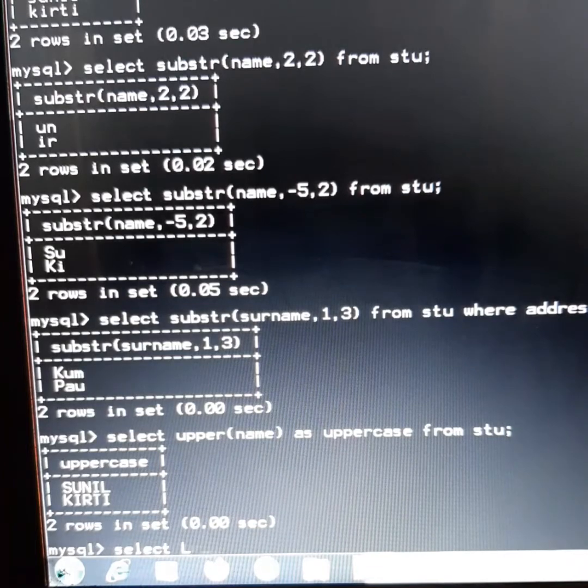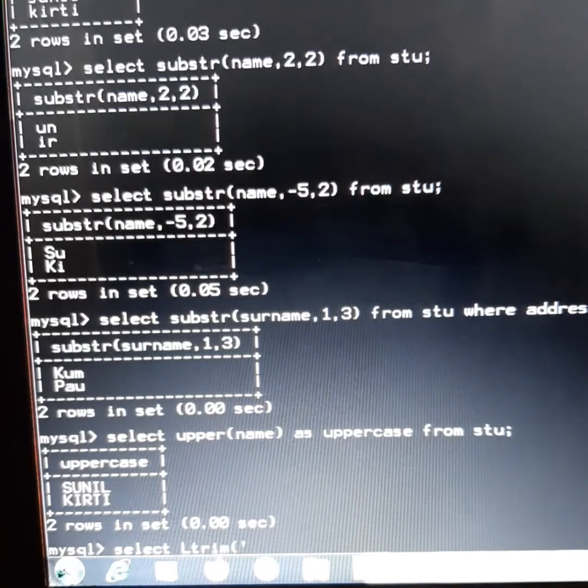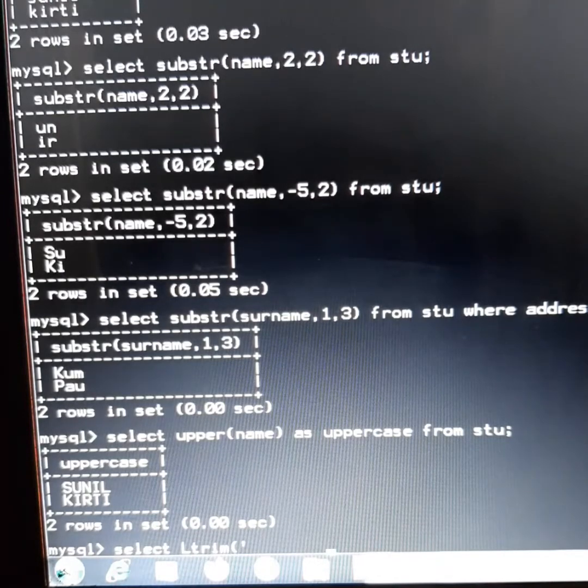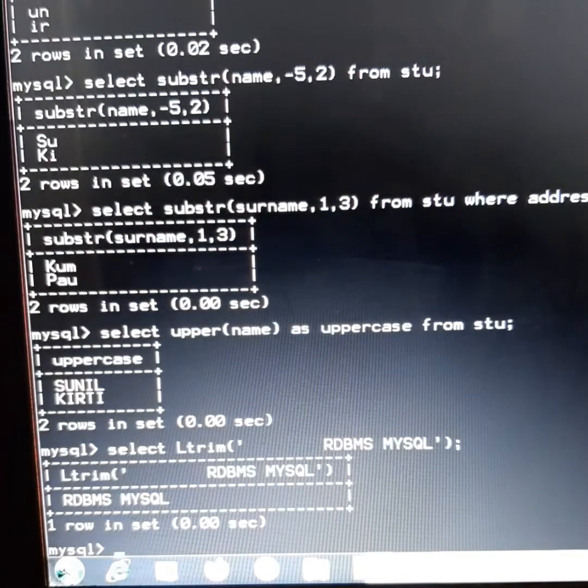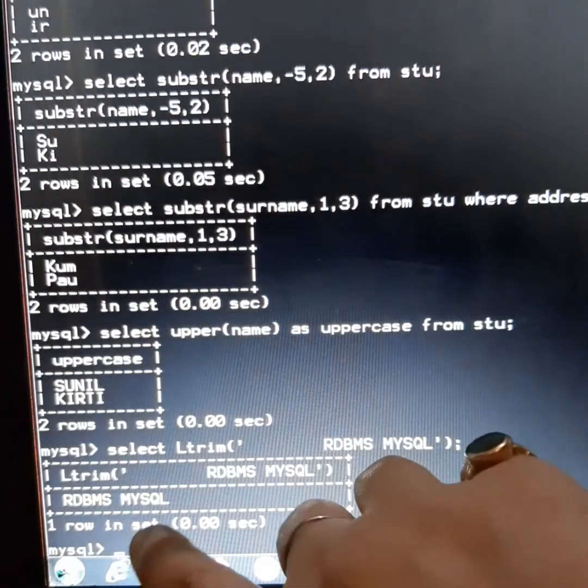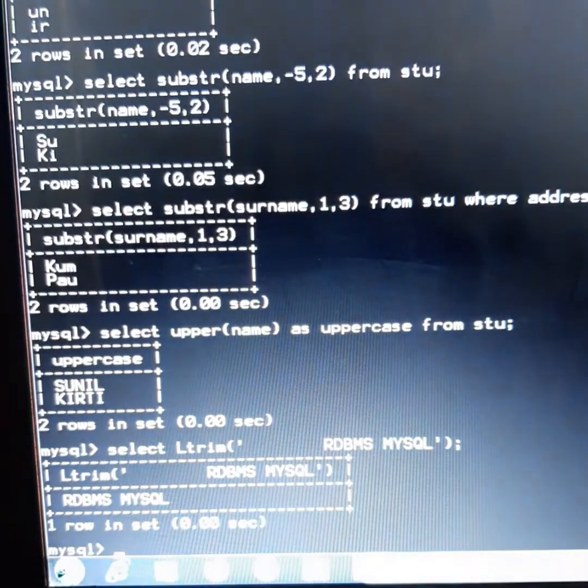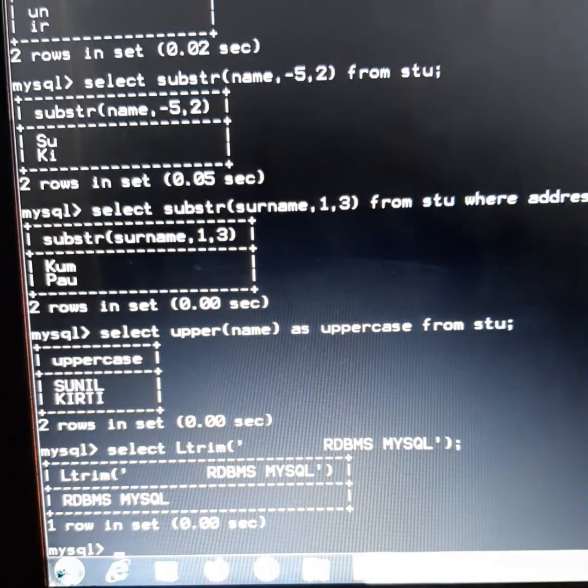Ltrim will remove the spaces from the left hand side, and here I'll be putting some spaces like this, and the string is RDBMS MySQL. So without any space we are getting RDBMS immediately truncated from the left hand side, and it is now left aligned without any space.